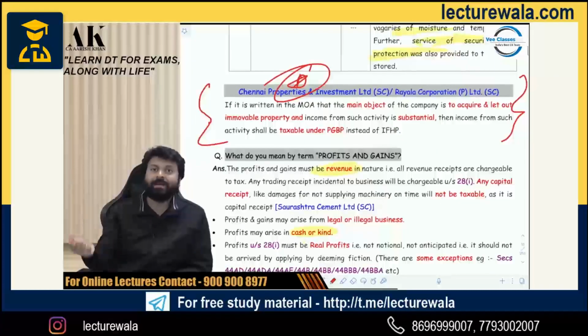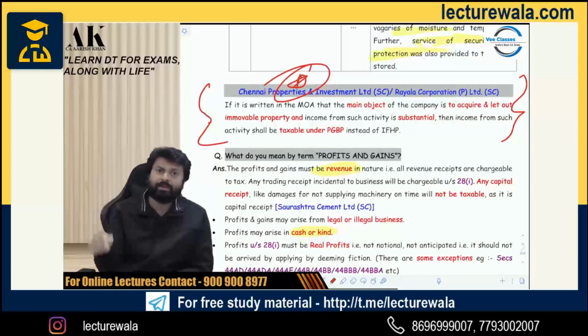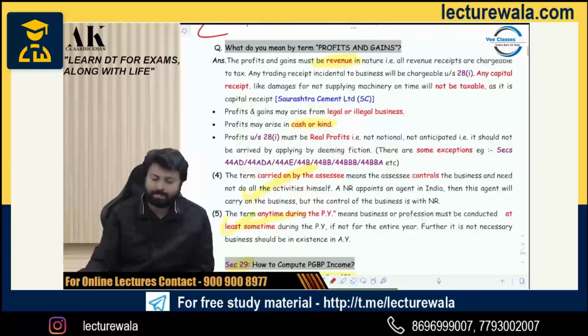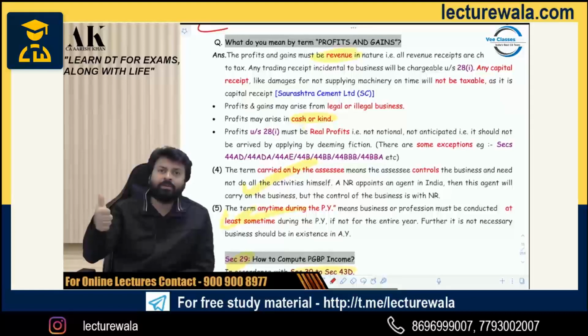Suppose I rent my house, then it is HP. Suppose Lodha rents the house, then it is HP. Suppose a person rents the house, and because it is his business to acquire property and let it out, it is written in the memorandum, and it is also a substantial part of the business, then it is PGBP. Then coming to profits and gains, it has to be revenue, has to be real,